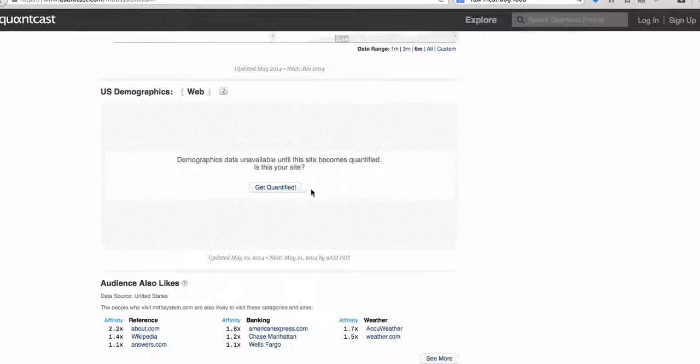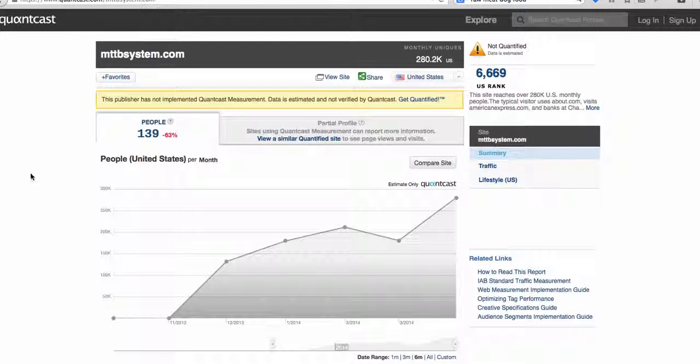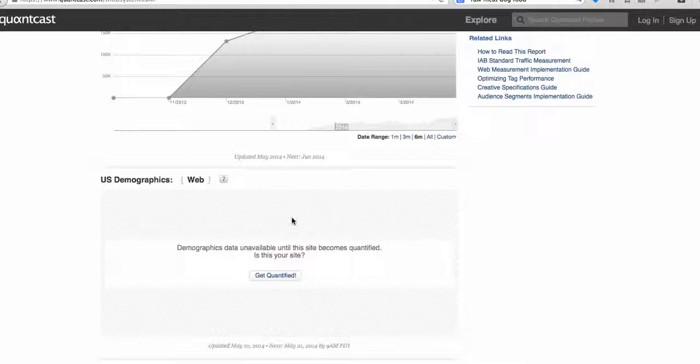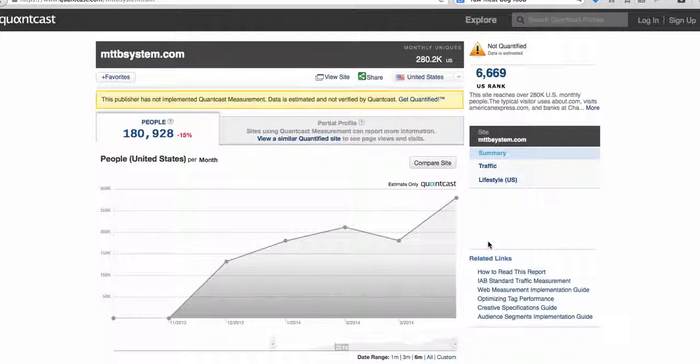So unfortunately, with this client, and actually all the existing clients that we have, I tested them, they're not showing up in here. We're not going to be able to get the demographic info from the client site. But you're going to be doing this for new clients. So the first thing we want to do is look up the new client's URL and see if we can get demographic info from Quantcast. If we can't, then we want to search their competitors to get that